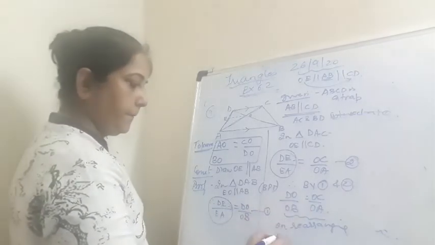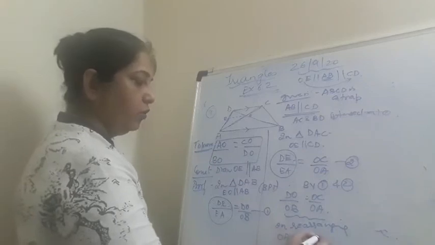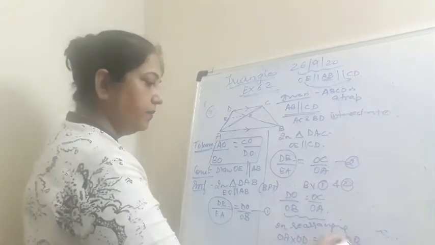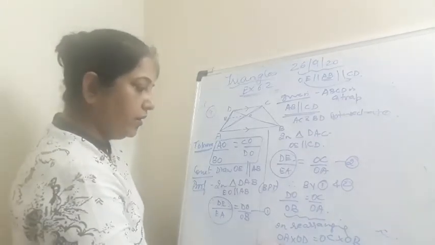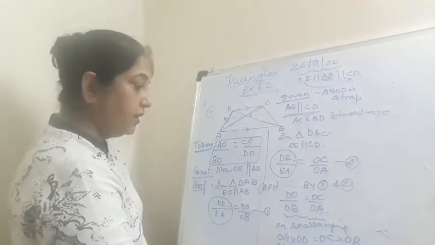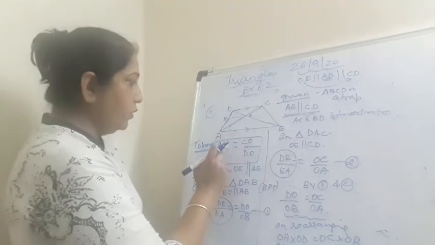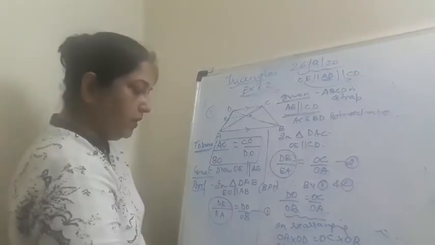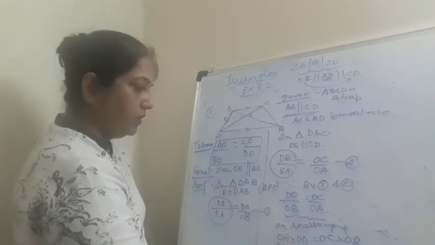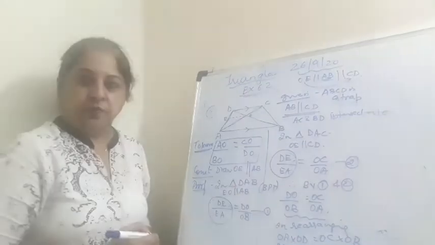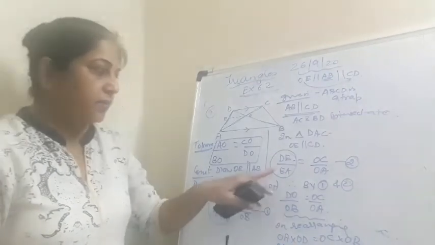When I rearrange these, I will get OA into OD, OC into OB. Okay, then again I can write in the ratio form that OA upon OC is equal to, one minute, yeah, OA upon, not OC but OB. You can check the question also what we have to do, and upon OC upon OD. Yes, okay, I repeat so that you are clear with what I am trying to explain you.